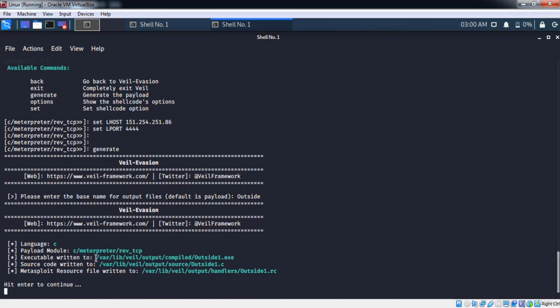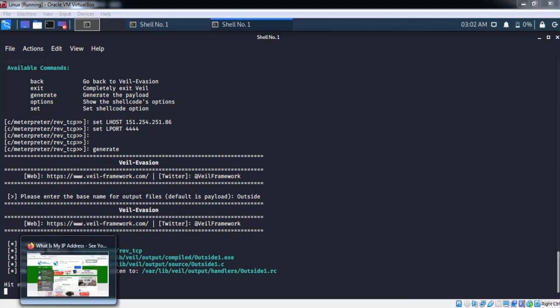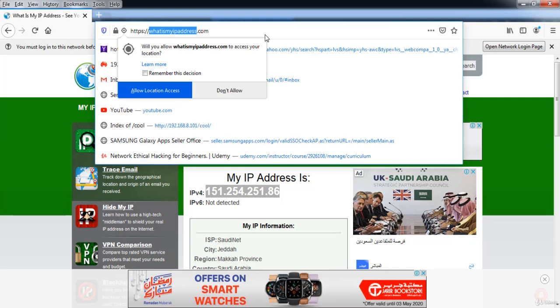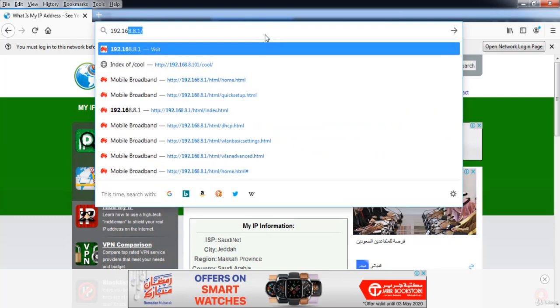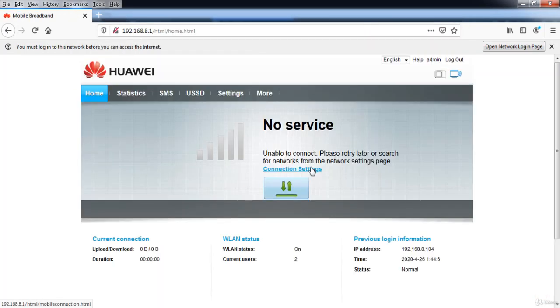Now after generating this one, we need to configure our router to forward any requests that come to port 4444 to the Kali Linux machine. So let's do it. Let me show you my router. Every router has a different way to enable IP forwarding. So if we go to the web browser again, connection settings,